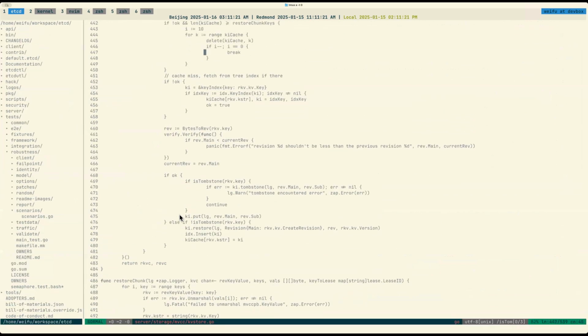You can see, if that key is a tombstone, it will not be inserted into the key index. So even if we have the tombstone revision in the database, after etcd tries to restart and resume the previous compaction,